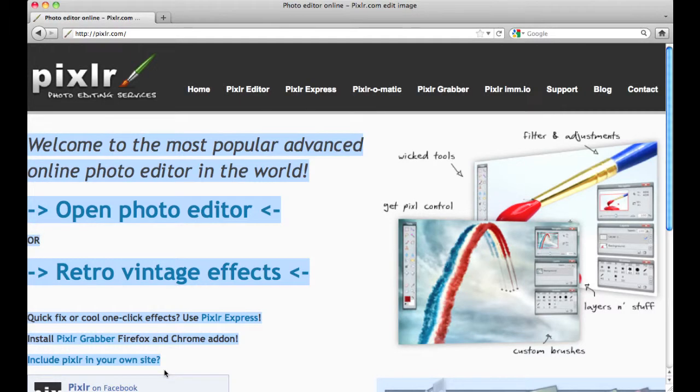Welcome. In this tutorial we're going to talk about image editing. Particularly we're going to edit previously existing photographs. The tool we're going to use is freely available on the web and it's called Pixlr,